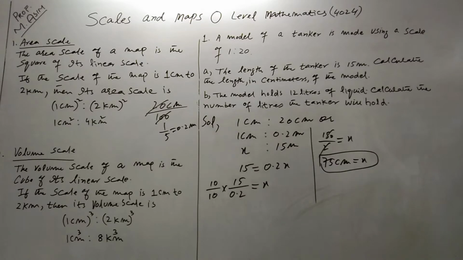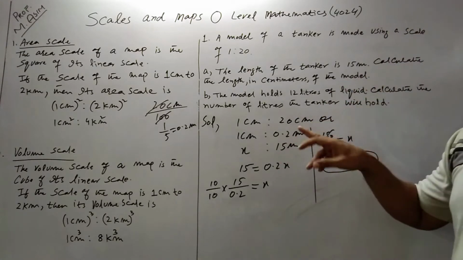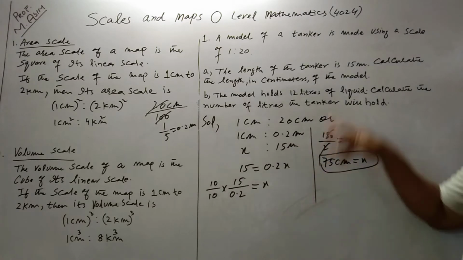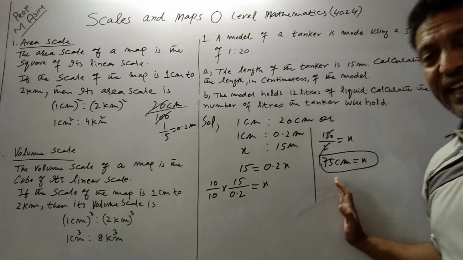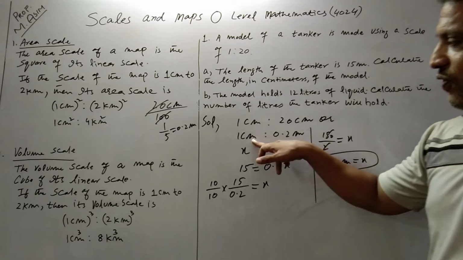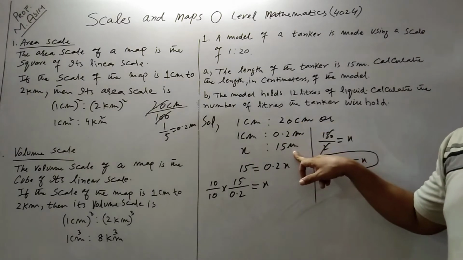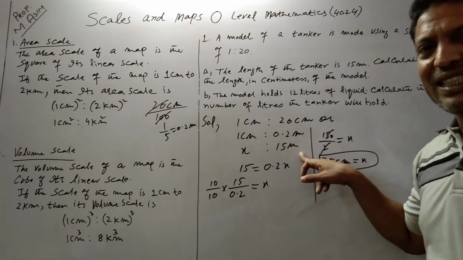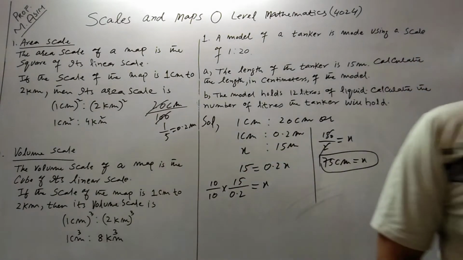Hope you understand this part. So the key point is to convert. You have two choices actually. Whether you convert 20 centimeter into 0.2 meter, or you convert the given value 15 meter into centimeter, you will get the same answer. But you must convert. Always remember, if this one is centimeter, this one is also centimeter. If this one is meter, this one is also meter. So these two quantities must be in the same unit, and these two quantities must be in the same unit. Okay. Now see the next part.